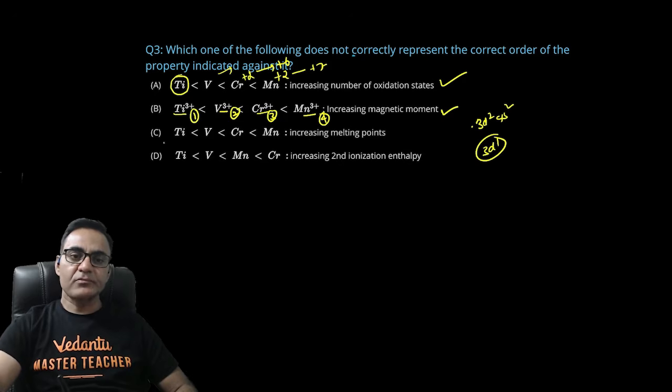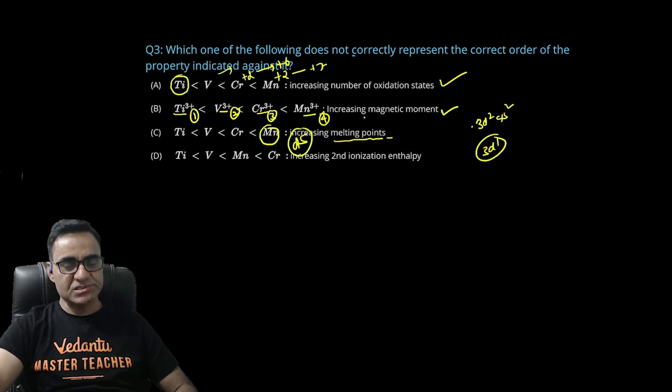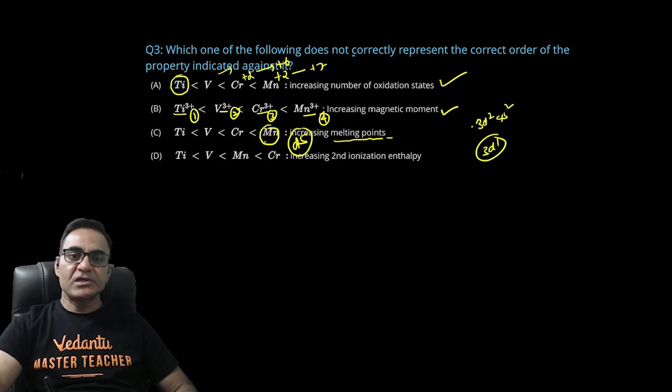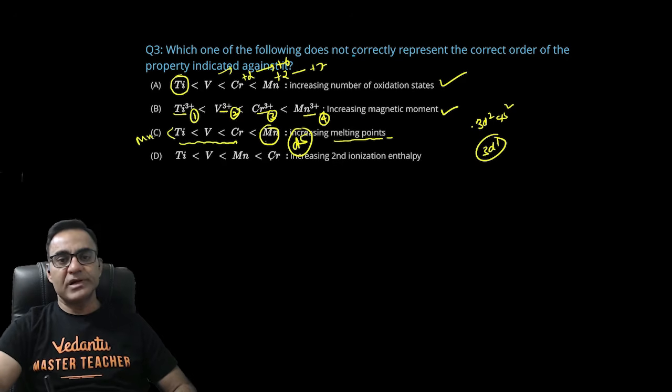नहीं होगा। टाइटेनियम, वेनेडियम, क्रोमियम, मैग्नीज इंक्रीजिंग मेल्टिंग पॉइंट, ये रॉन्ग लिखा हुआ है, क्योंकि मैग्नीज के अंदर एक्चुअली d5 हाफ फिल्ड सबशेल होने की वजह से इसका मेटालिक बॉन्ड वीक होता है, तो इसका मेल्टिंग पॉइंट लो होता है। इतना लो होता है कि ये मैग्नीज जो है वो यहाँ आ जाता है बेसिकली, बाकी टाइटेनियम से क्रोमियम तक बढ़ेगा। तो यही आपका आंसर हो गया, क्योंकि ये गलत सीक्वेंस दी हुई है। एंड डी में बात करें सेकंड